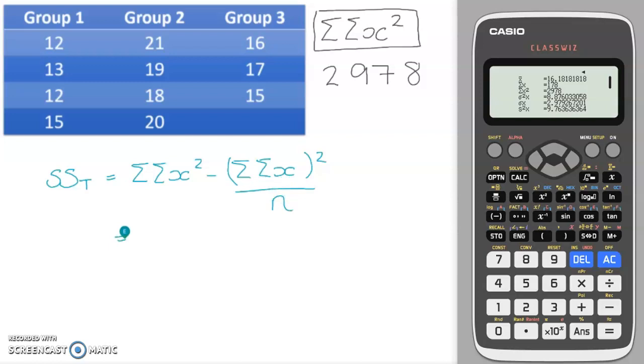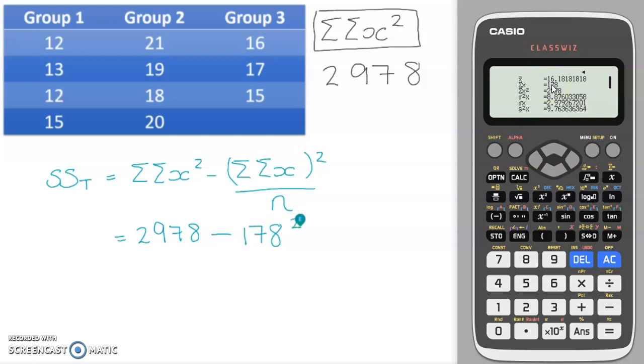So using the values we've just calculated, that would be 2978 minus, and again if I just look on my calculator here, I have a sum of x value which is 178, so I'm going to use that,